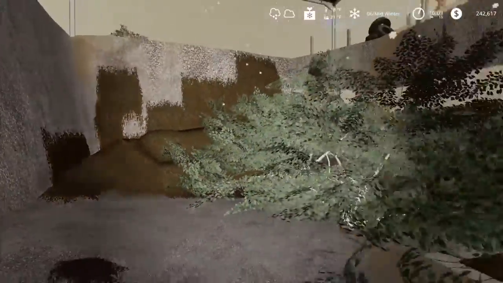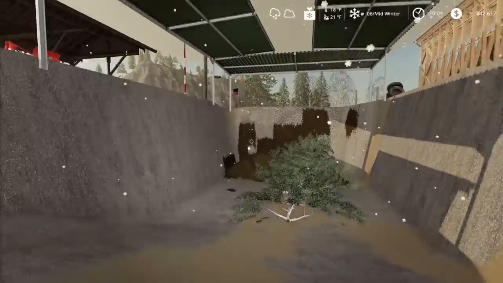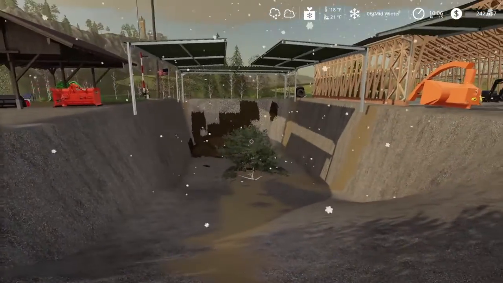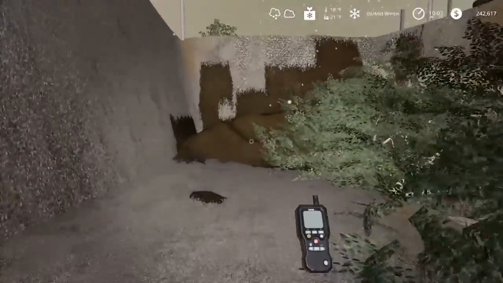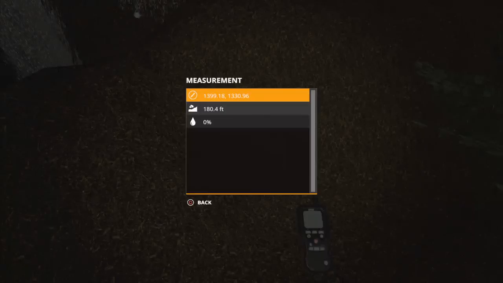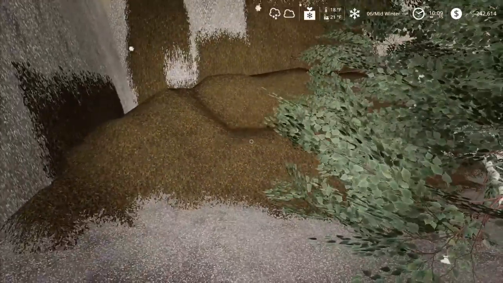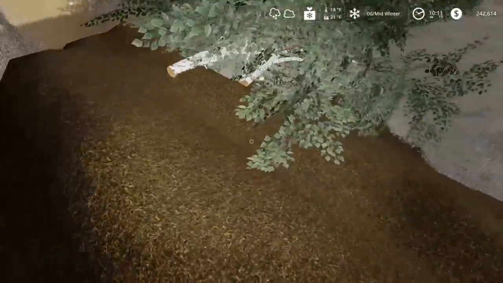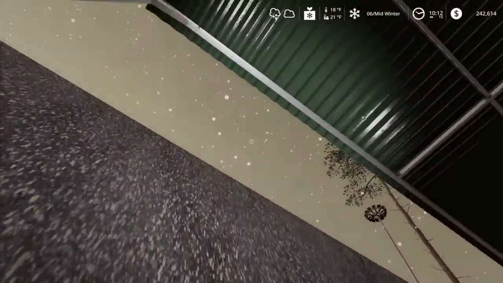Oh yeah, I forgot to mention how much this cost me. This was about $100,000 in construction costs total. And right now, even though the instrument doesn't tell you how much is in a pile, I can tell you there's at least, a little bit less than, 100,000 liters of fermented silage in here. So if we can climb up to the top here and take a gander,